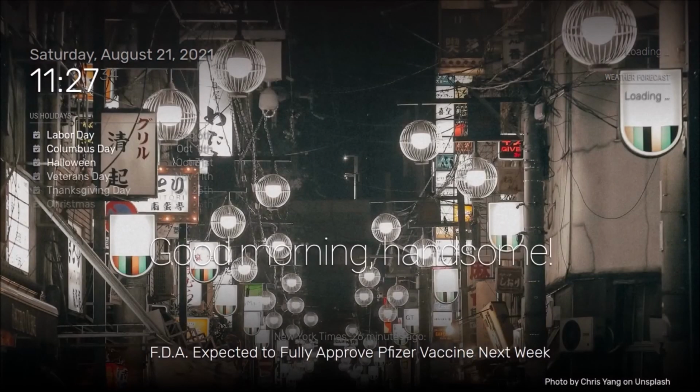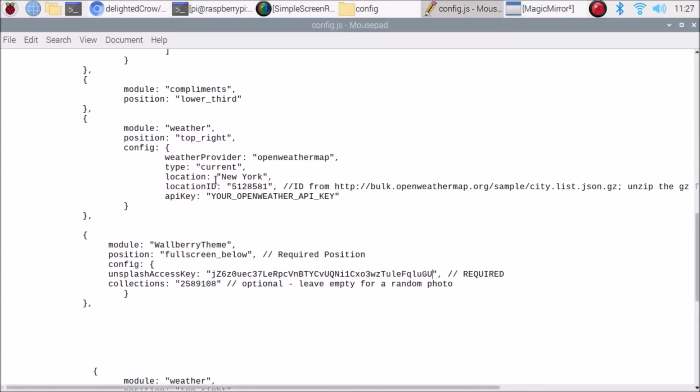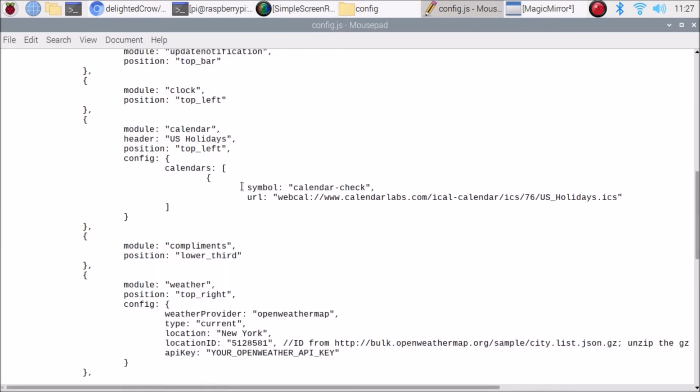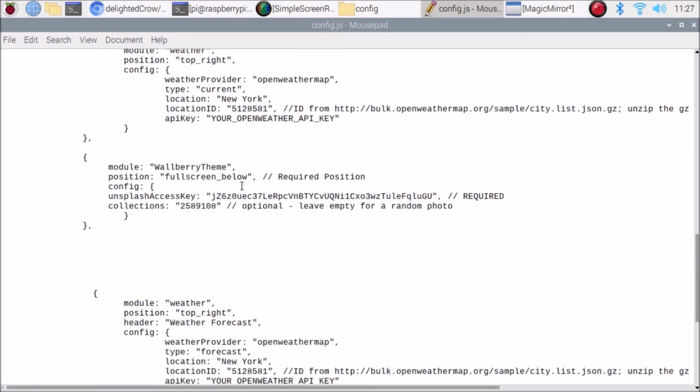As you can see, friends, we have set the Unsplash wallpapers on our Magic Mirror. And it will automatically change after some time, randomly. Suppose you want random wallpapers, simply press Ctrl M, and here, as you can see, I have mentioned where our code is, the Wallberry thing.